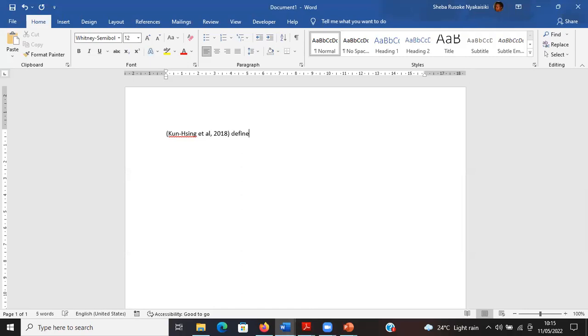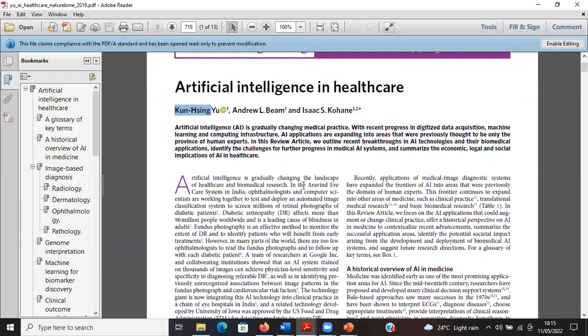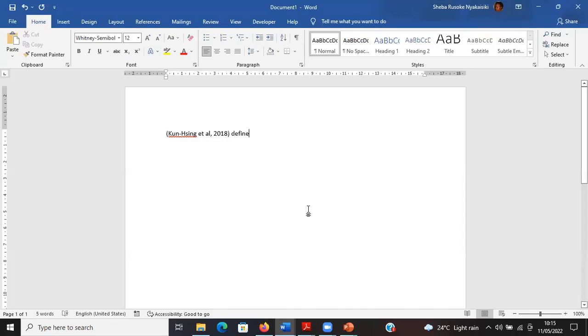Let me see what they say on artificial intelligence. Let me just say, they state that AI is gradually changing the digital landscape in healthcare.